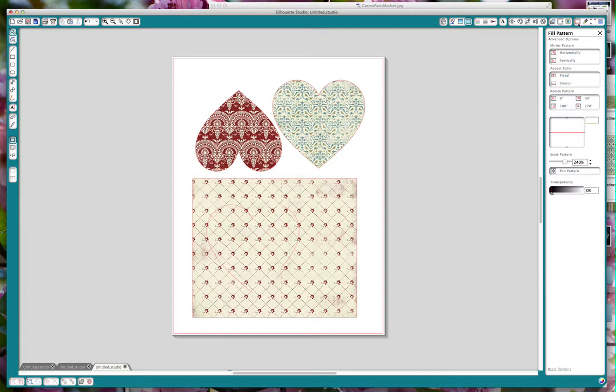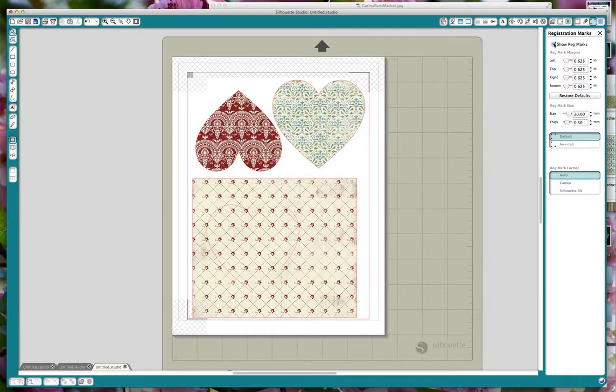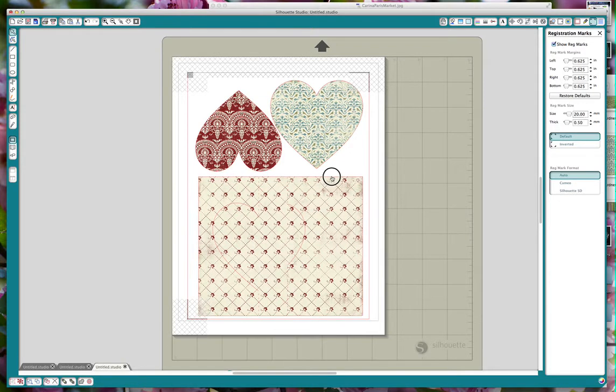Okay, next thing I did was click on registration marks. And I want to show registration marks because I want to be able to print and cut this. And looks like we're pretty good. We want to make sure everything's inside that, not touching the hash marks because it won't print there. So we're going to move this over